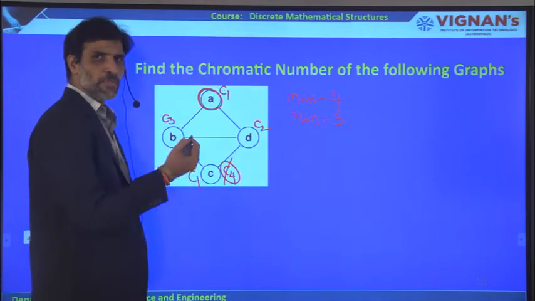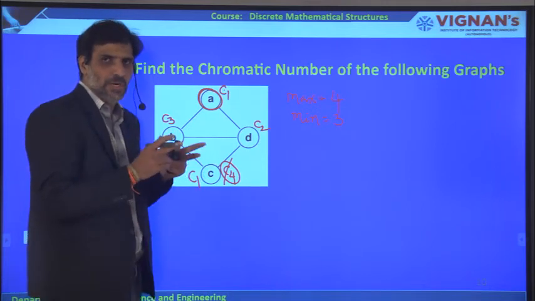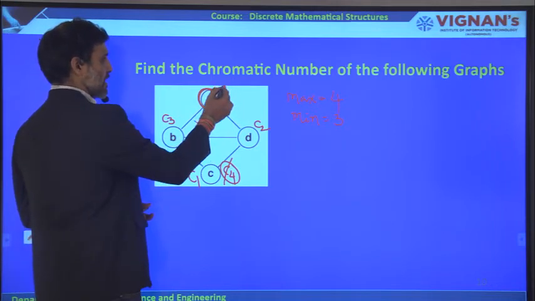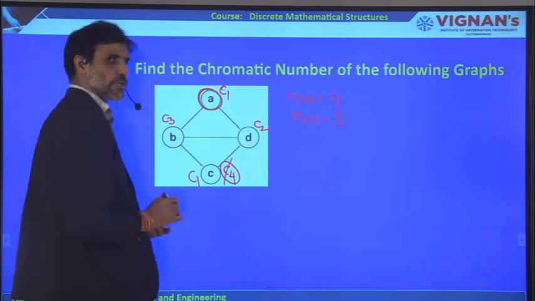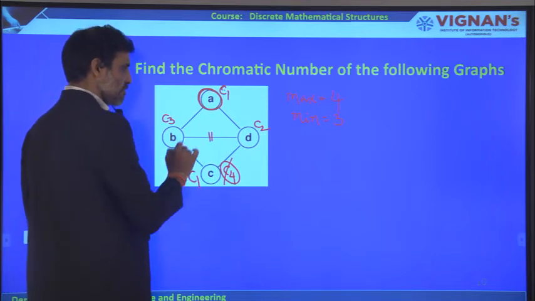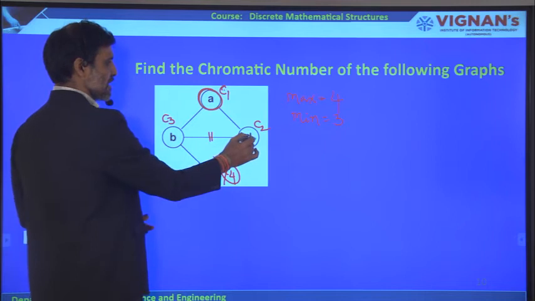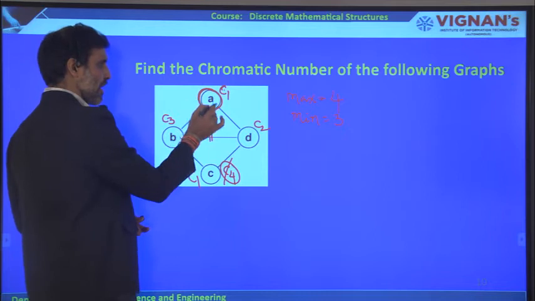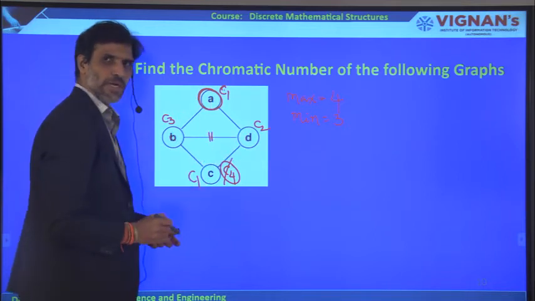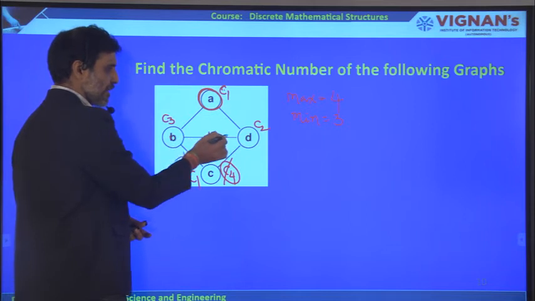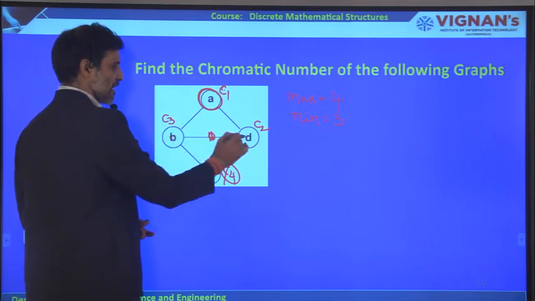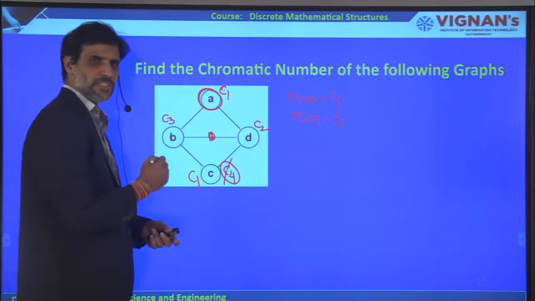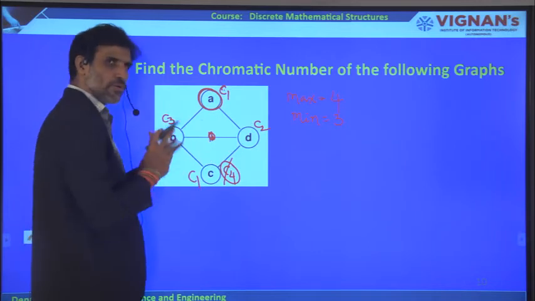Otherwise, you have to check whether it is possible to color the given graph with only 2 colors or not. So here you cannot do that. Why? Because A, B and D are adjacent to A. If this particular edge were not mentioned, then this color could be filled here. Why? Because even though B is adjacent to A, B would not be adjacent to D if this particular edge were not given. But here this edge is connected between B and D, therefore B is adjacent to D and D is adjacent to B, so they should have 2 different colors.